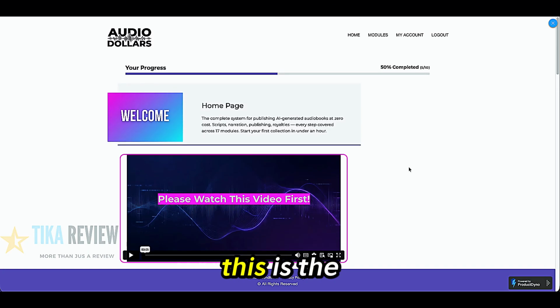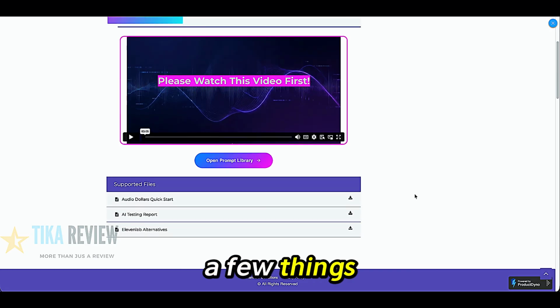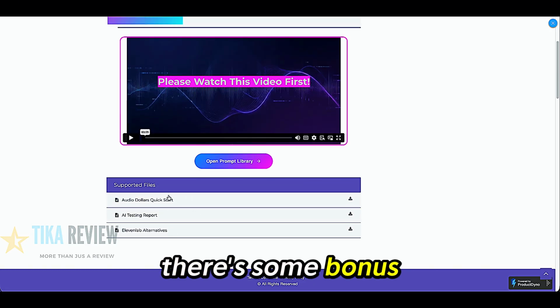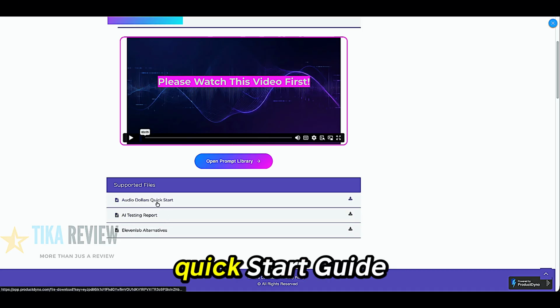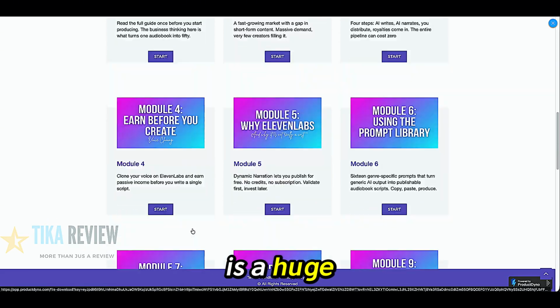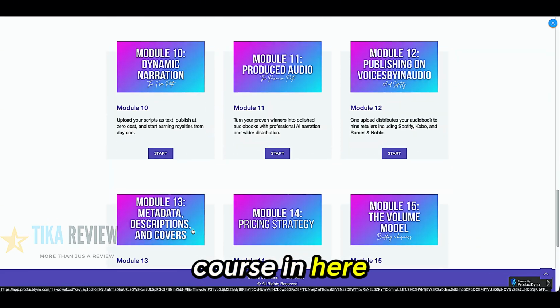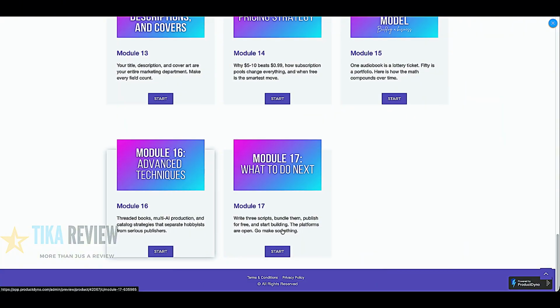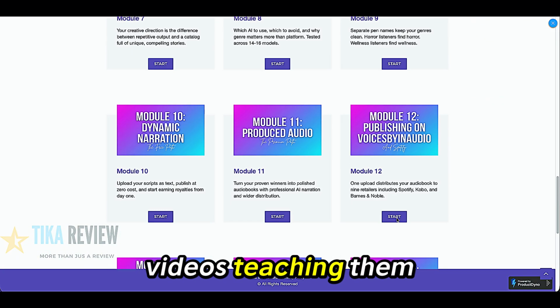So if we go in here, this is the members area for the front end product. And it has a few things in here. There's some bonus reports in here, quick start guide, AI testing report and stuff. And then there's a huge course in here with 17 modules, text and tutorial videos teaching them the entire